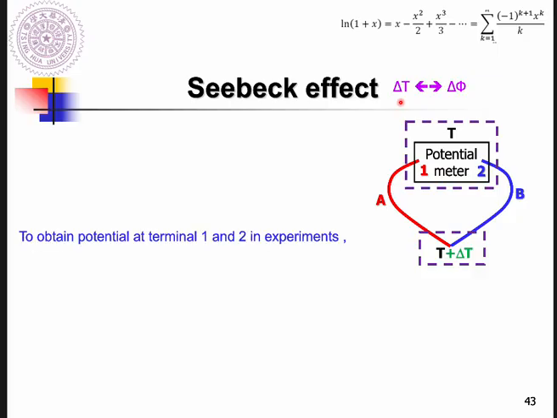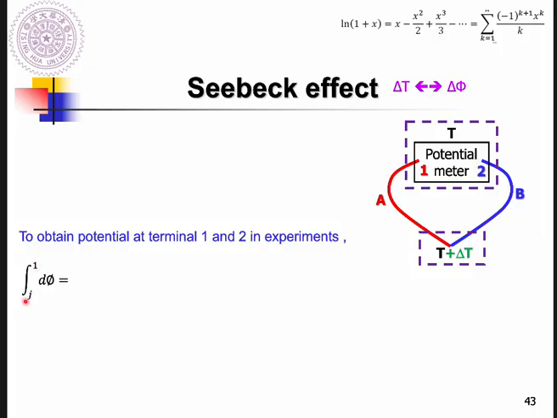So in order to know that, you need to obtain the potential difference measured by this potential meter. So to obtain the potential at terminals 1 and 2 in our experiments, you can imagine the idea will be to integrate, because I need to know the potential difference between 1 and 2, right? So the idea will be, how about if I know the potential difference across here, then across here, then I can know the potential difference between 1 and 2, right? So